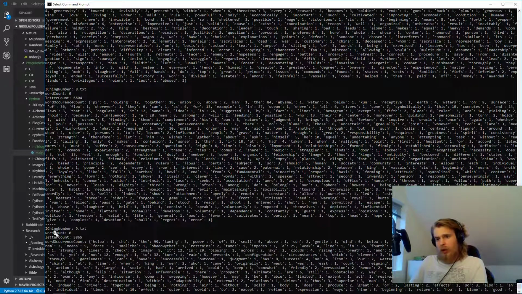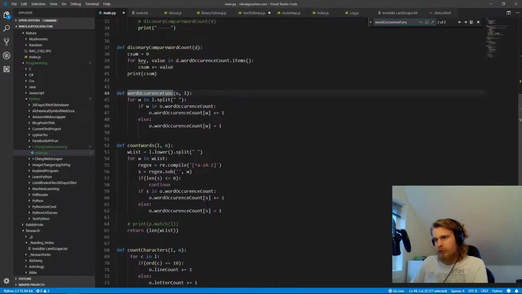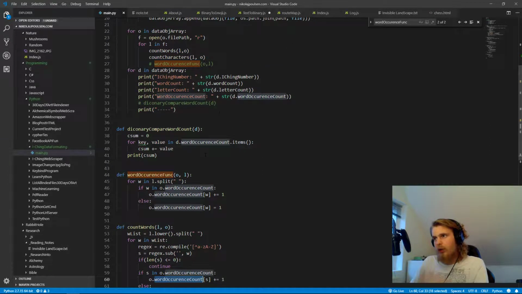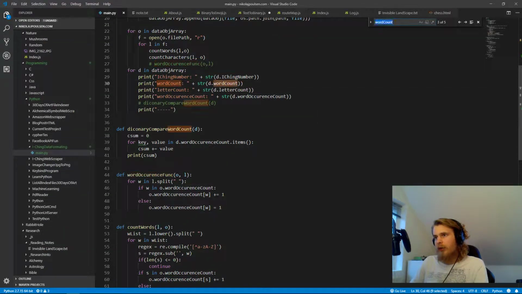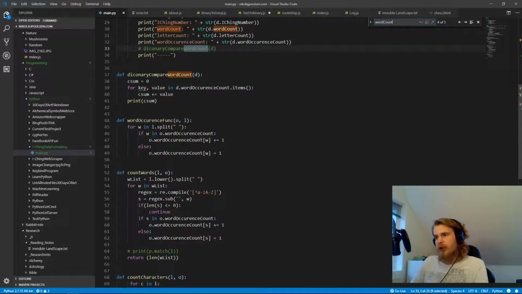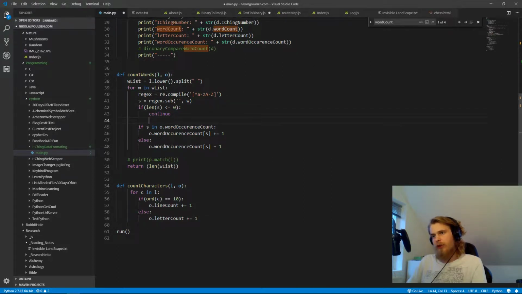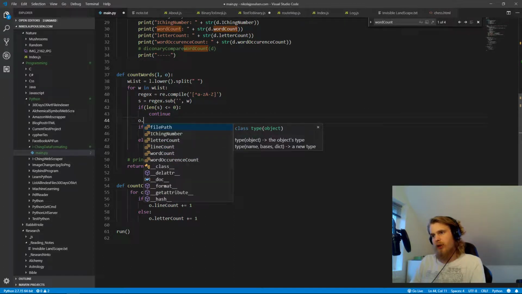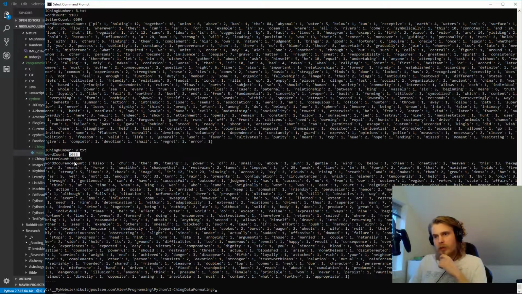And I see the word count is currently not being updated, so let me see. And the question is, why is that so? So the word count we have here, okay, so we have that as a single entity, meaning that I can probably get rid of these now and count words. So in here, if it's less than 0, we don't count anything, so we just say if it gets here, we say dot word count plus equal 1, and then we should get the numbers. Okay, so word count 1053, and we have a letter count,